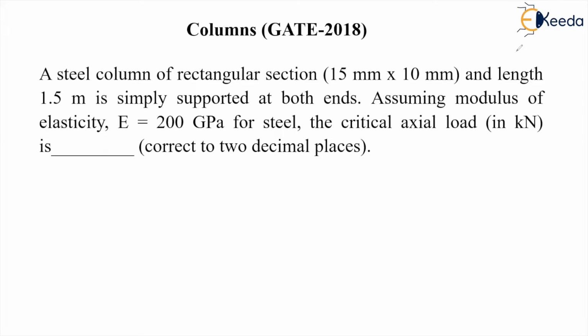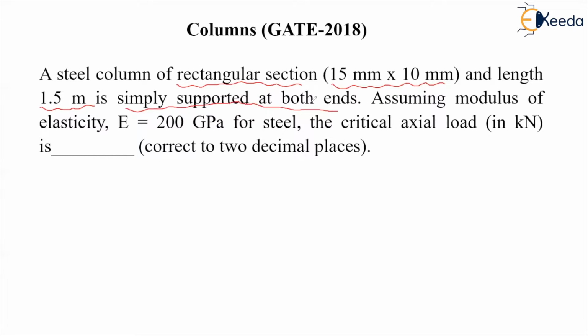A steel column of rectangular section 15 by 10 mm square and length 1.5 meter is simply supported at both ends. Assuming modulus of elasticity 200 gigapascal for steel, the critical axial load, this we have to find out. So there is a steel column of rectangular cross section, area is given to us, that is 15 by 10 millimeter square. Length is also given to us, that is 1.5 meter, and it is simply supported at both ends,